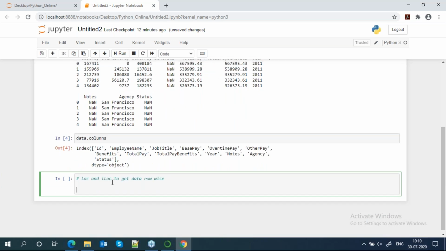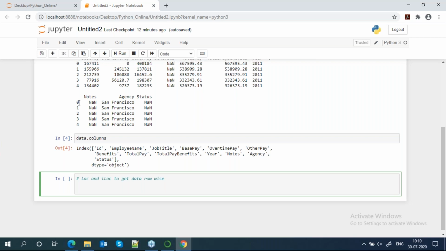So loc and iloc both work the same. The only difference is, if your index has a particular name, you can use loc by name. If you want to retrieve data by position, indexing always starts from 0 by default, so you can use iloc. Suppose data dot iloc, then here we give our position, like 2.